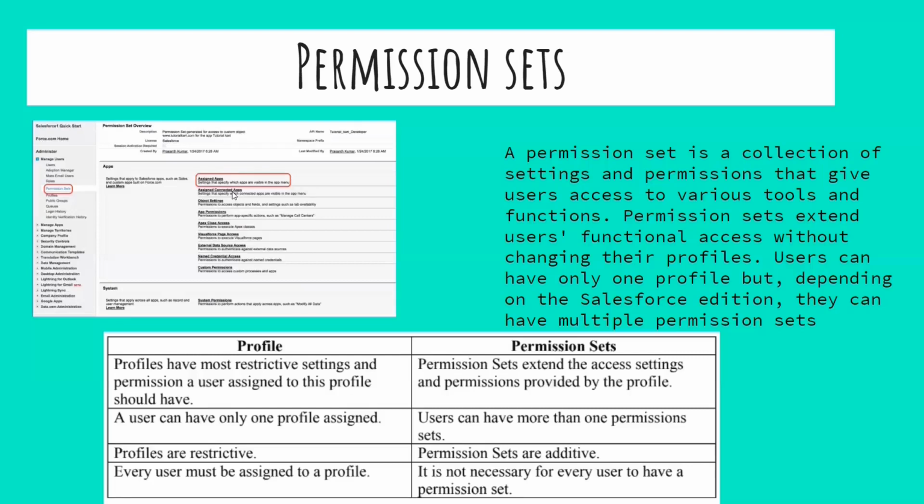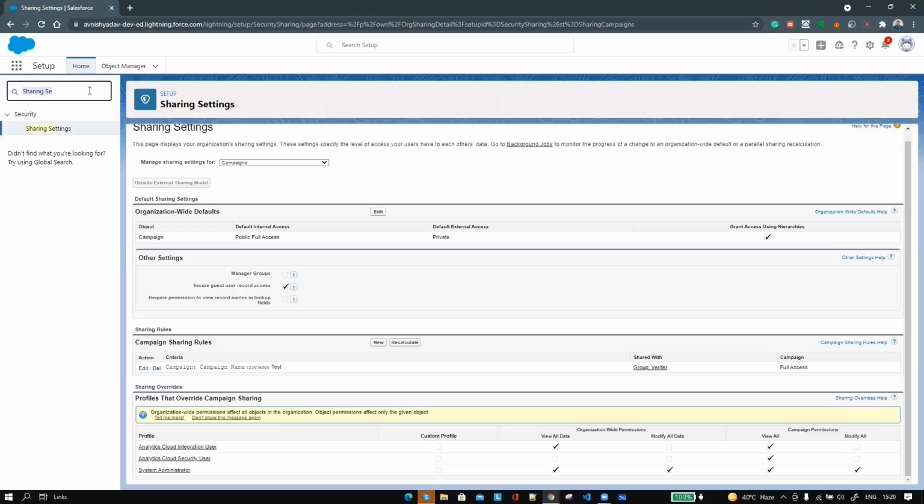Also, some important points on what a permission set can control. In the image you can see that a permission set can be used to give permissions for the following options: you can assign apps, you can give object permissions, field permissions, Apex class permissions, Visualforce permissions, and tab settings. These types of permissions you can give in a permission set. So let's move to Salesforce and try to create one permission set. In the quick find box, let's search for permission set.